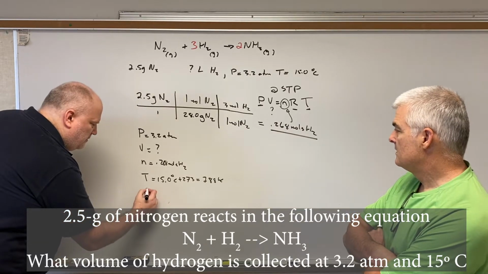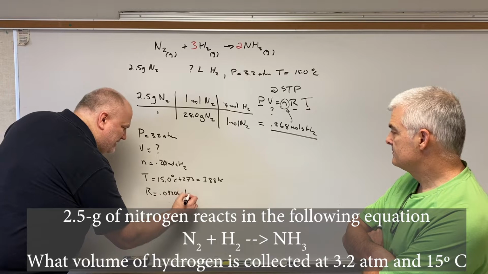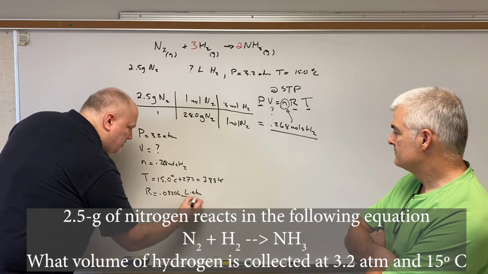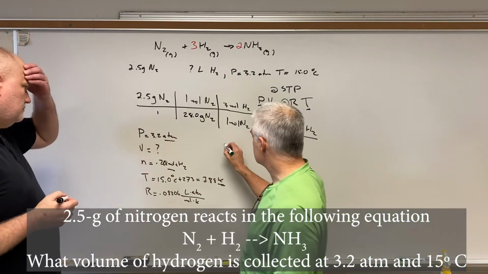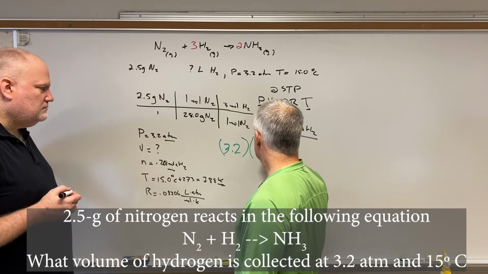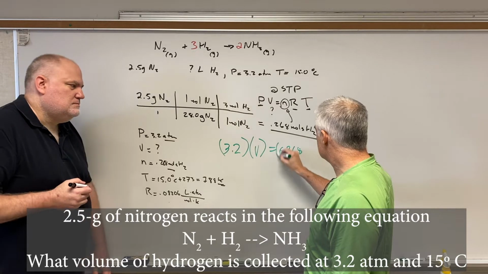But there's also one other variable, and that's the R. It might be good to even write this down at the beginning, because liter, atmosphere, mole, and Kelvin is what our units have to be in, and that's why we've done the conversions. So then what we're going to do is divide by 3.2. I'm going to not write the units. That probably means V equals n